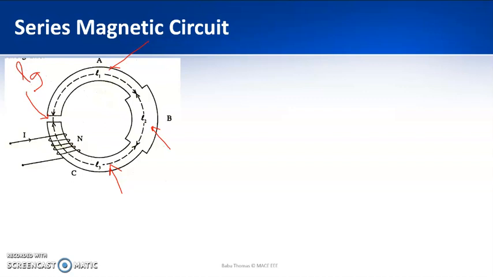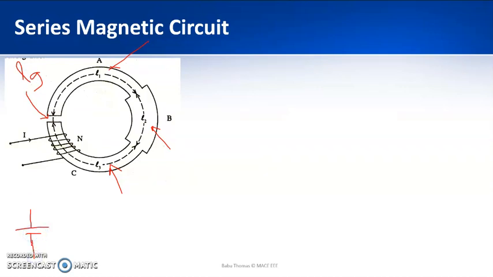So the first and foremost thing is the voltage source. The voltage source is nothing but the MMF, and that MMF is nothing but N into I. Okay, MMF is equal to N into I, that is the number of turns into the current. It is also equivalent to flux into the reluctance. So in order to produce that particular flux, we need to have the MMF source. That MMF is equivalent to the EMF in a resistive network.